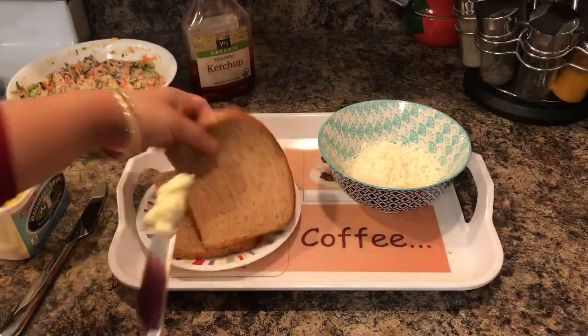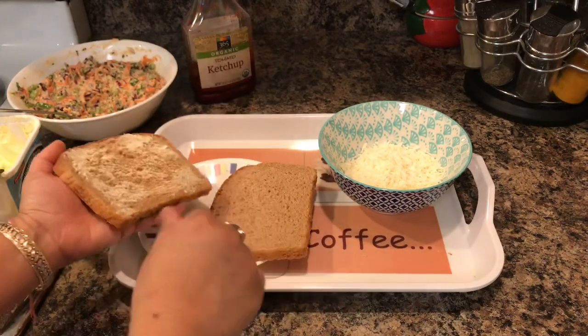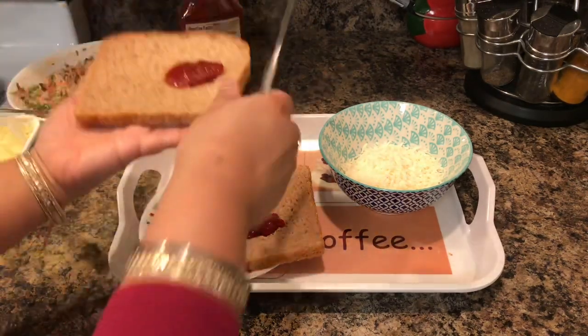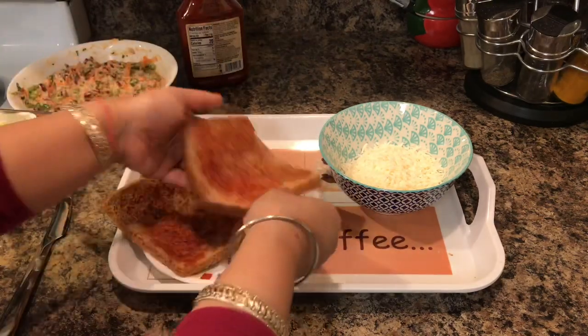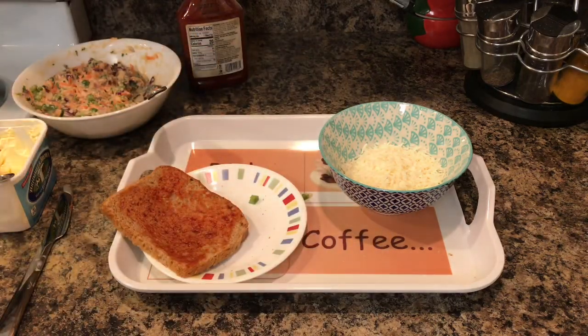So I'll start assembling the sandwiches. First of all, I'm going to apply butter spread on one side of both the breads, and after that I'm going to flip it, and on the other side I'm applying ketchup, and you can apply mint chutney, coriander chutney, whatever you like. So now I'm going to spread the semolina mixture on one toast, and then after it I